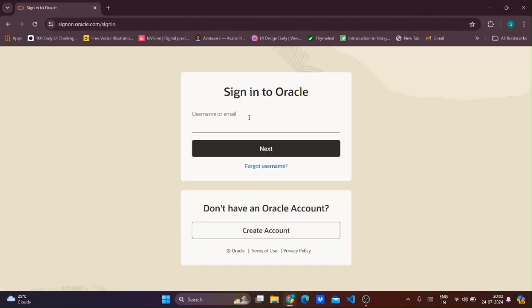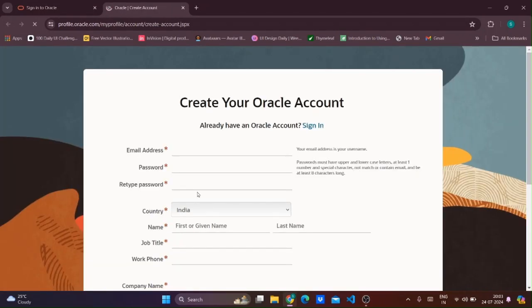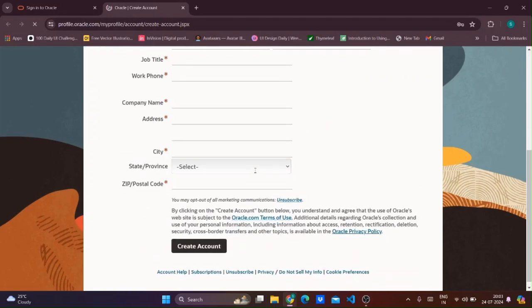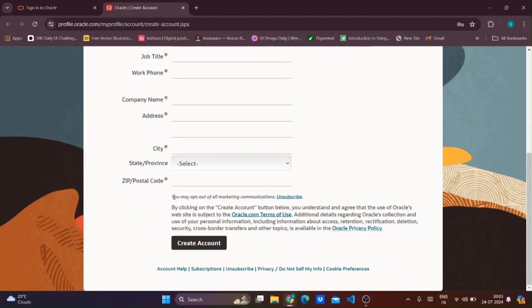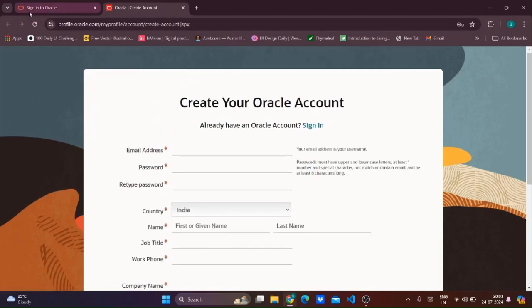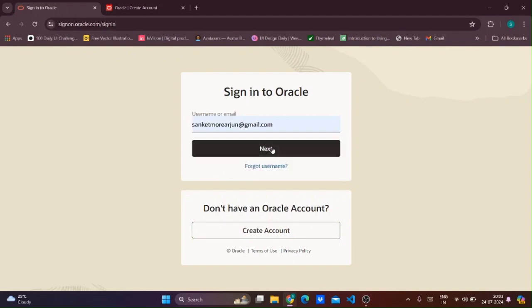So what it is asking is that we need to sign in. As I already have an account with Oracle, I will sign in with this option. If you don't have one, just create one. It will ask for simple details. In create account, give the normal fields: email, password, password again, country. You can just create this account, and once you have created it, you can log in. As I already created one, I will simply log in,